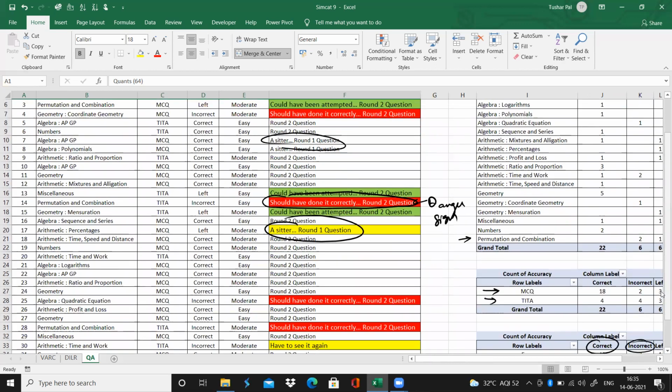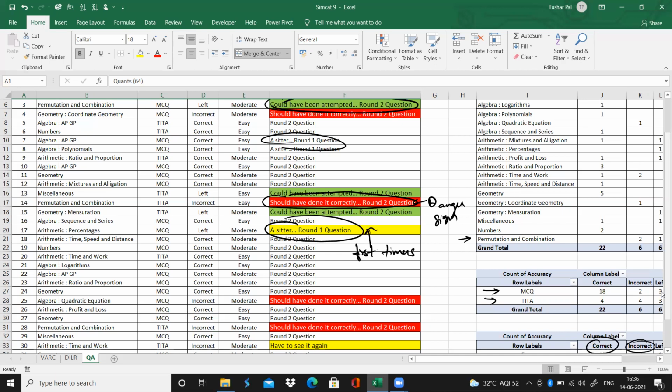All right. Now, the green color is for this question for which I could have solved it correctly, but I left it. Maybe because the question size was intimidating or something happened because of which I left this question. So this is again a danger sign for me. And this yellow color coded questions are those for which I saw this question for the first time, first timers. Or maybe this concept is entirely new for me. I have to practice this question again and again to make me familiar with this type of questions. So these are the color codes that I follow.